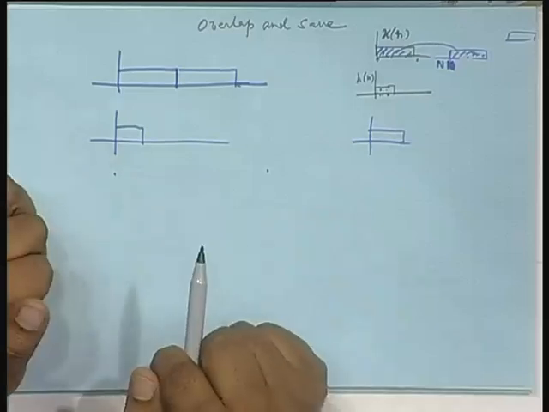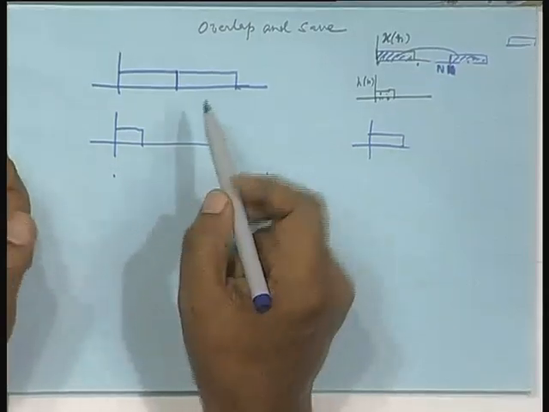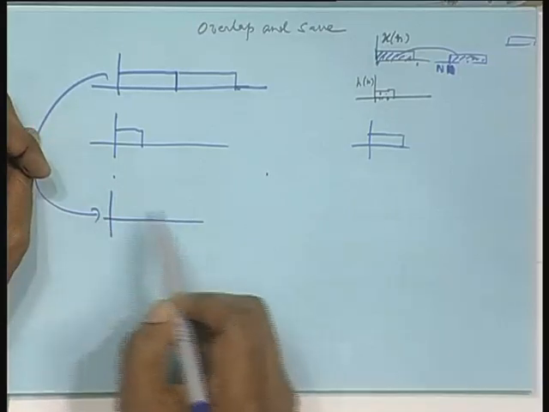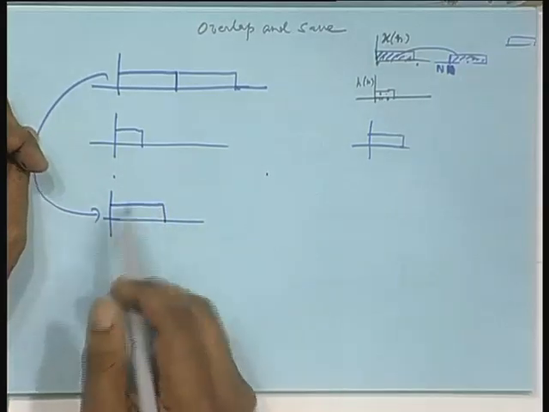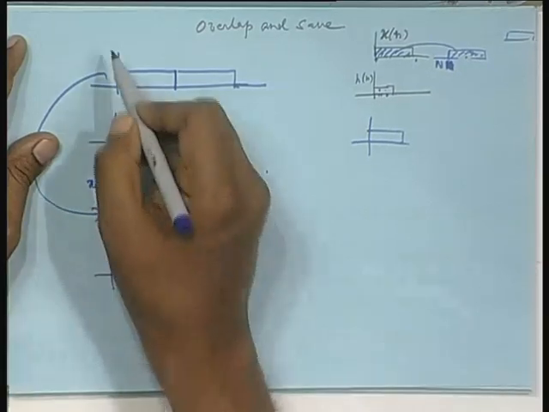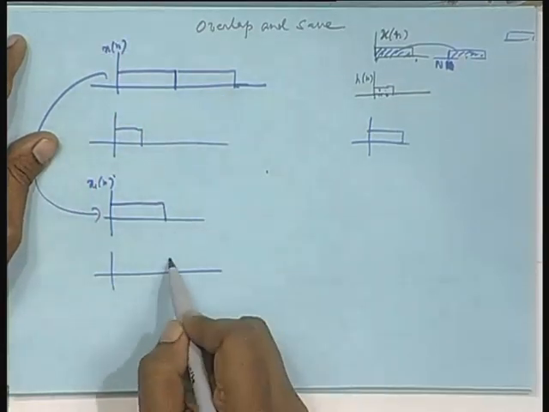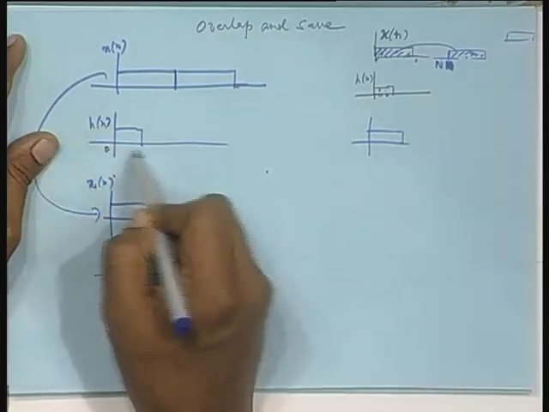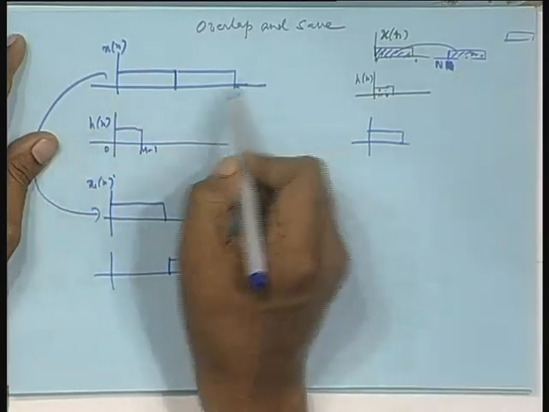We all know convolution. Suppose this data I break into two components. One component x 1 n, this was x n, another is, and this is h n. This length is 0 to m minus 1.